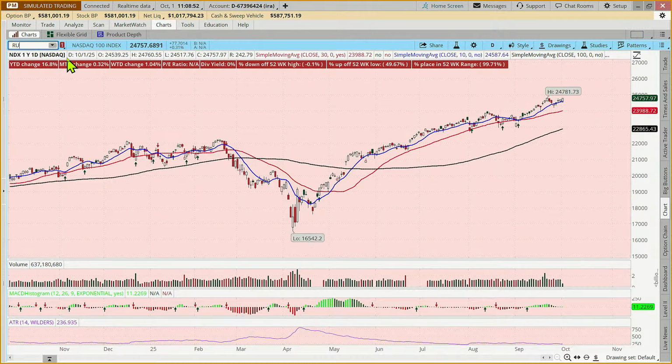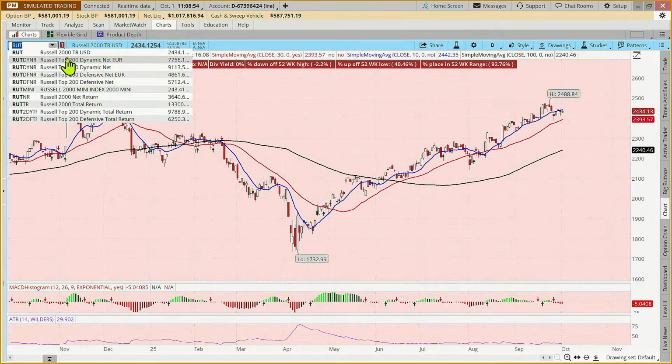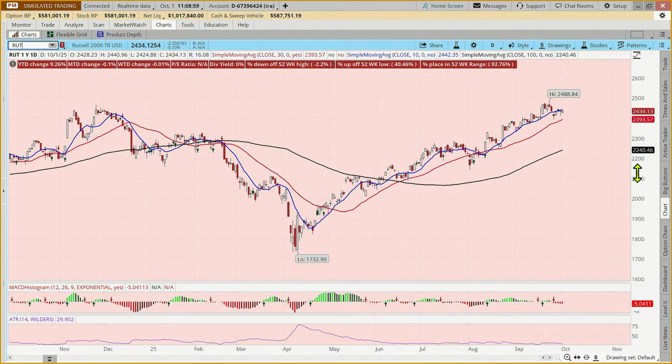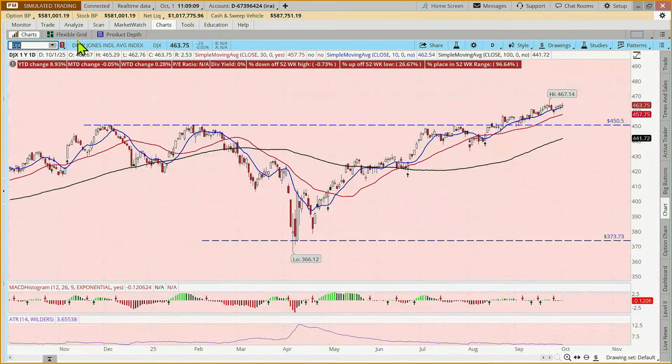How about our small cap? So this is 2,000 of the smallest, of the biggest of the small boys is the way I like to describe that. And that hit a new intraday all-time high, within the last week or so. And then our Dow 30, and this is different in that this is based on the price of the stock as opposed to the market cap of the company. But, it hit a new all-time high within the last week or so as well.